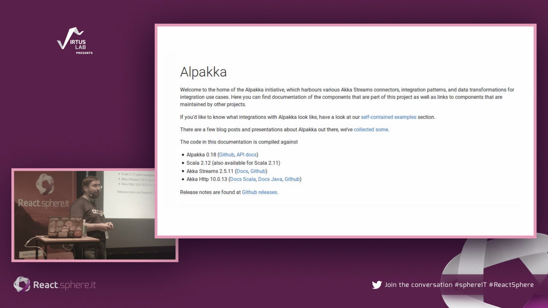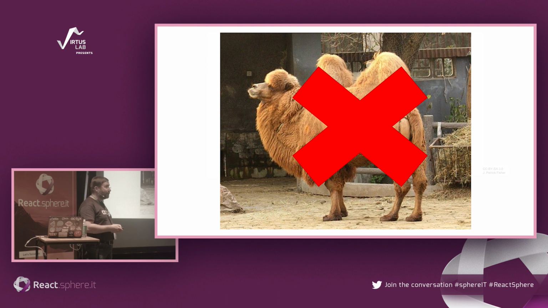So this is connected to what I was doing in my past, because I was doing a lot of integrations as I was working in a space where I was doing software for banks. And banks basically have lots of various different systems, and you need to integrate a lot. So Alpakka is also not Camel,